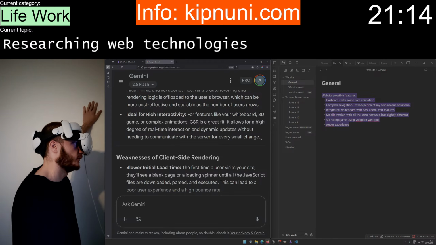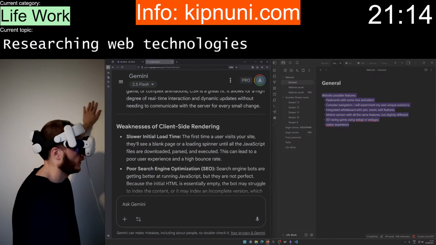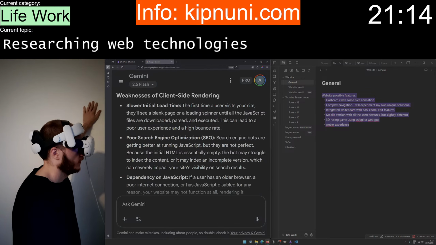For every small change. Actually, yeah. Slower initial load time.